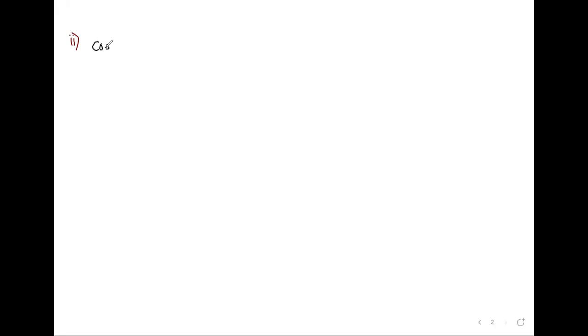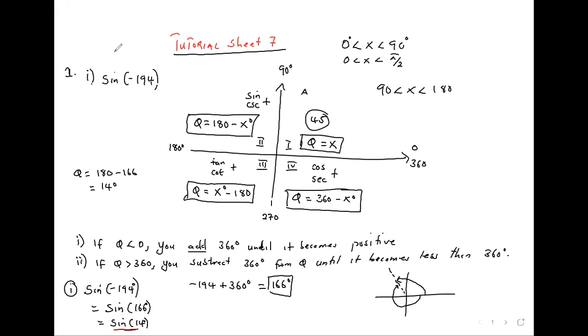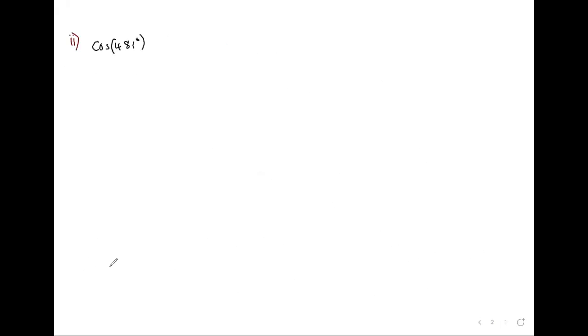As they're explaining this one, most of the concepts that were explained in one will come back. So 481 is bigger than 360. So what do we do? We subtract 360 from 481, and we'll get 121. So this is exactly the same as cos 121